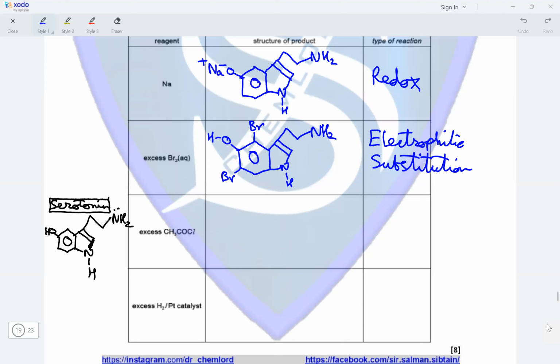Next, the reaction is with excess CH3COCl, and for simplicity and ease, the molecule of serotonin is drawn on the left. So now the reaction of acyl chloride will be with phenol as well as with the amine group. So two of the groups would be reacting. So we would have the rest of the molecule as it is,